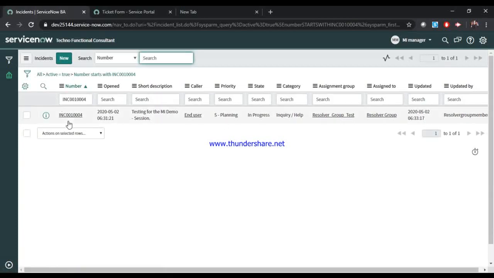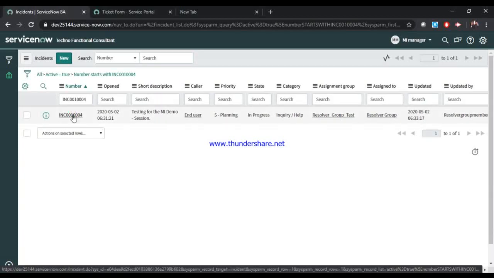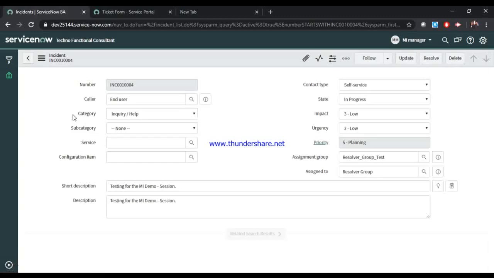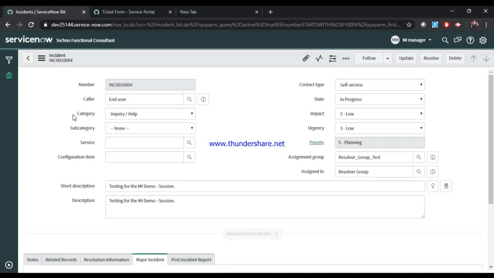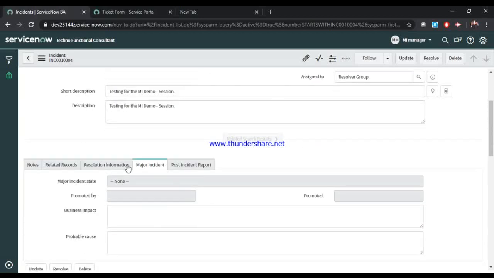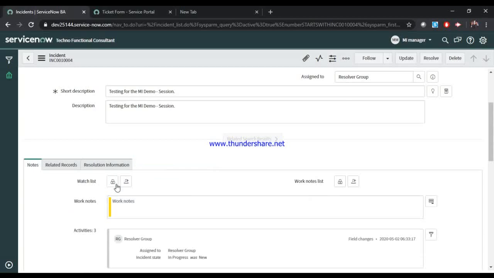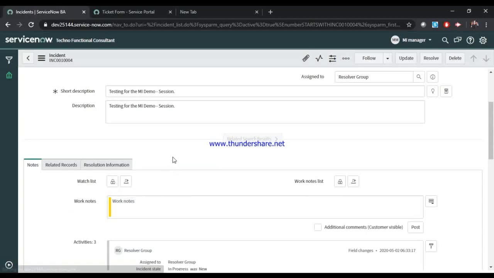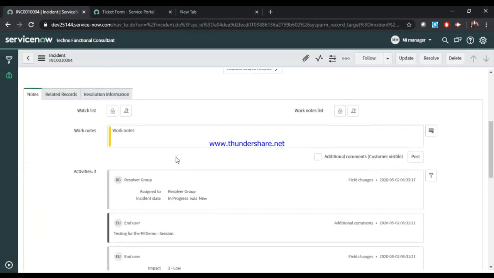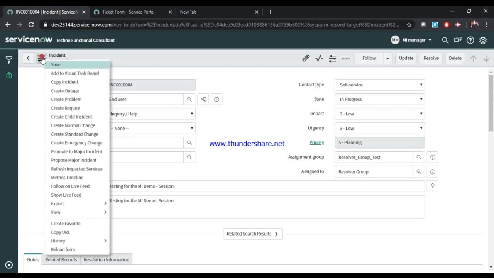Now I'll open this incident. It has not yet become a major incident, but I'm showing you what other options are available for a major incident manager. You can see that the major incident manager can see this particular tab. Major incident state is none. Sorry, it was just preloaded, now it has been removed, but it is available for major incidents only. So go to the additional action.